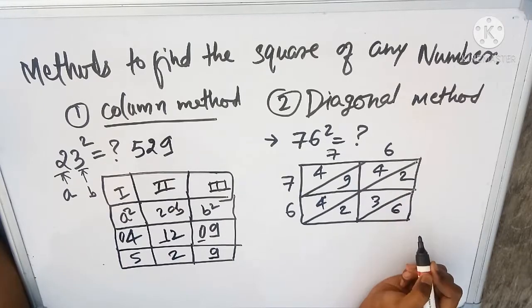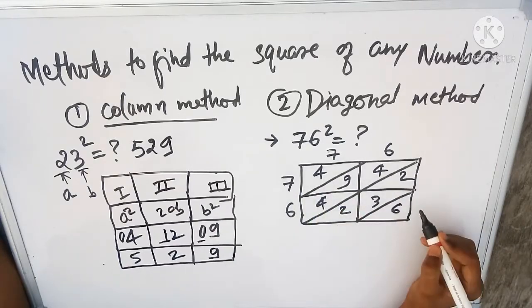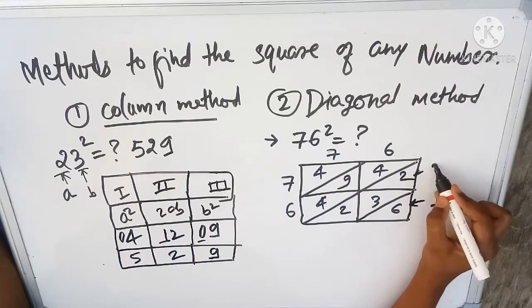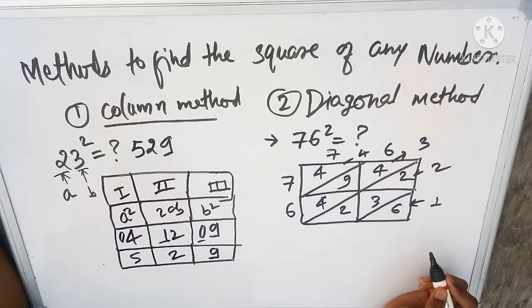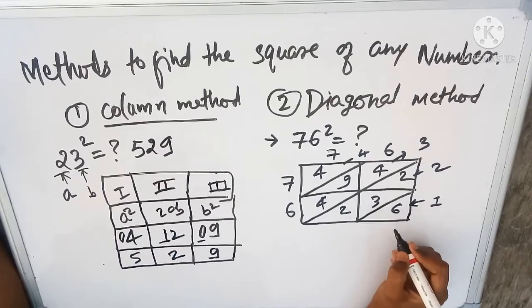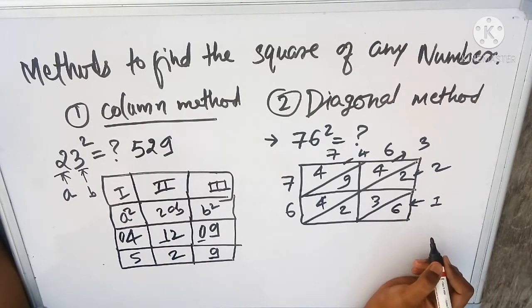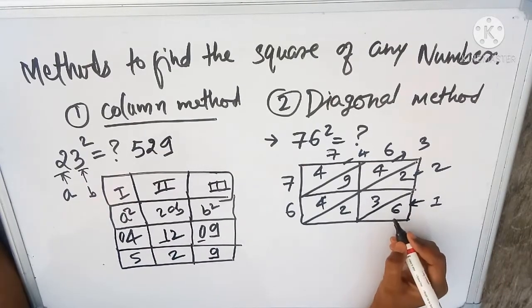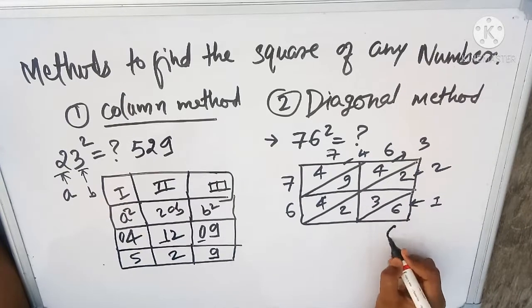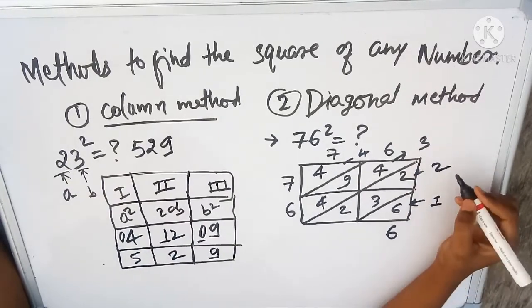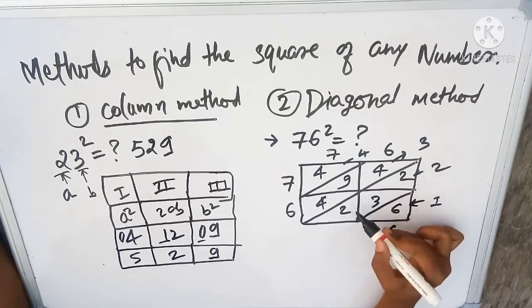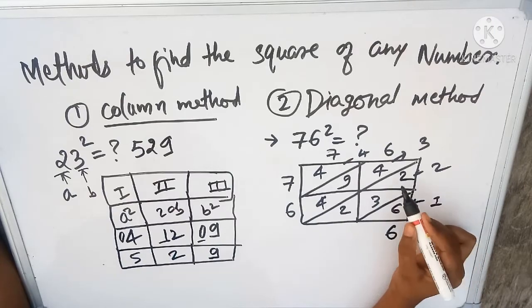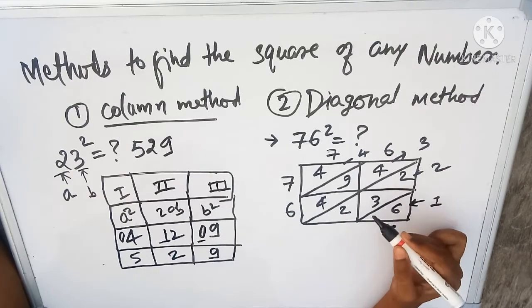So here you can see 4 rows. This is row number 1, this is row number 2, row number 3 and row number 4. One by one we will calculate all the rows. In row 1 the value is one digit number, that is 6. So we will simply write 6 here. In row 2 we have 3 values, so we will add all the values. 2 plus 3, 5. 5 plus 2, 7.